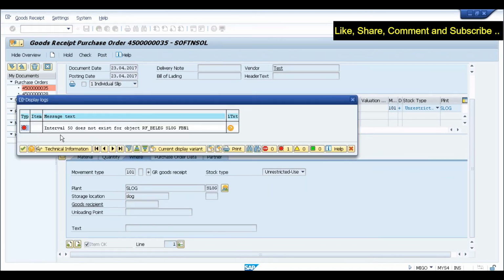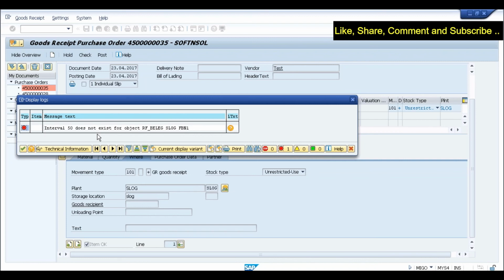Now you can see that the error is not appearing, which means from the material ledger point of view, your error is resolved. But as I told you, this was just a technical activation. You have not activated any functionalities in material ledger. If the customer is in real need of material ledger functionalities, then there are a lot of other configurations which are also required. Technical activation is not sufficient.